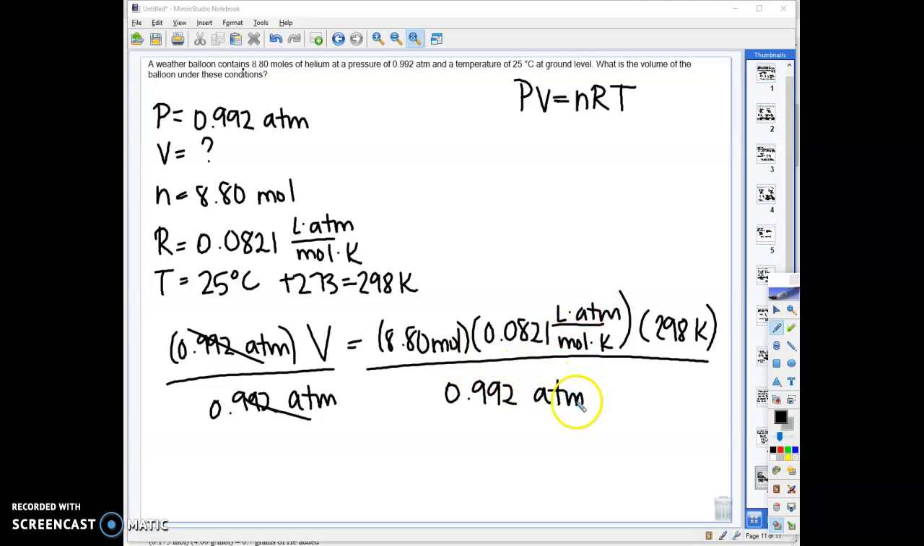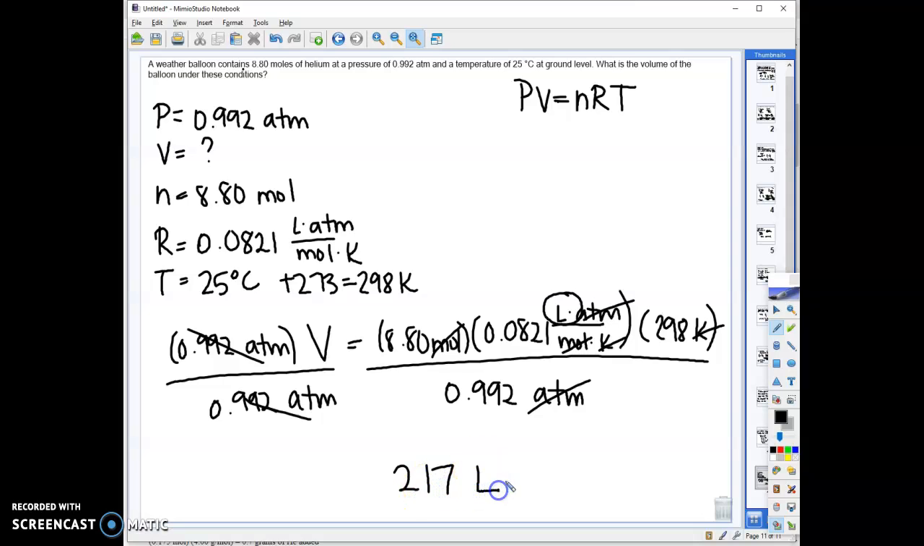Now, the reason why it's important that we have these units as we do is so that we can cancel them. So moles cancel, Kelvins cancel, atmospheres cancel. I'm left with liters, which I know is the unit for volume. I know that that's what I'm solving for. So when I plug all of this in, I'll say 8.80 times 0.0821 times 298, divided by 0.992, and that gives me